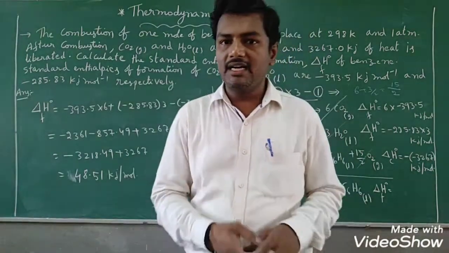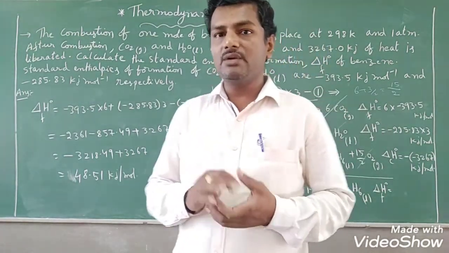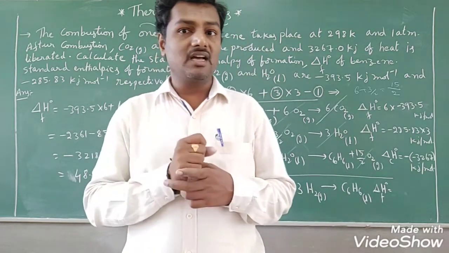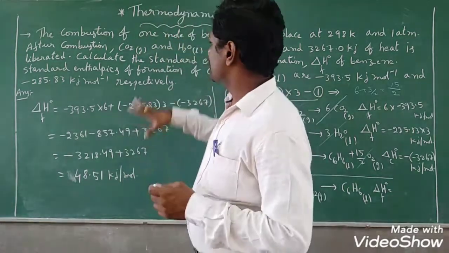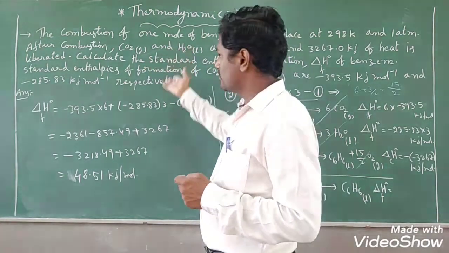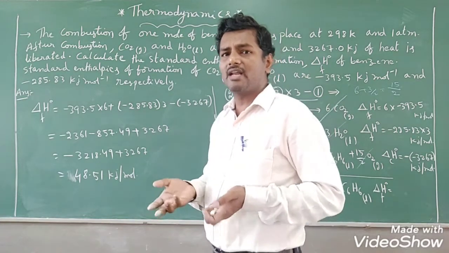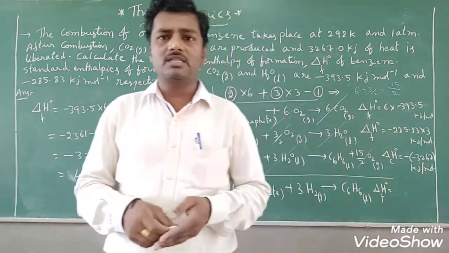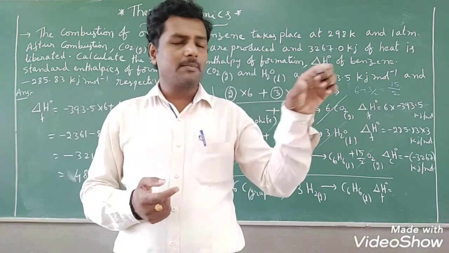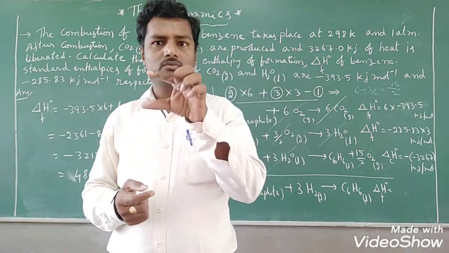Important question, and if you practice one or two times, then definitely you will easily catch the method. Not only this question, there is a chance they ask in any application also based on this only. So whatever it is, suppose ethanol only is given, formation of ethanol means C2H5OH 1 mole. In the ethanol, what elements are there? Carbon, hydrogen, O2.